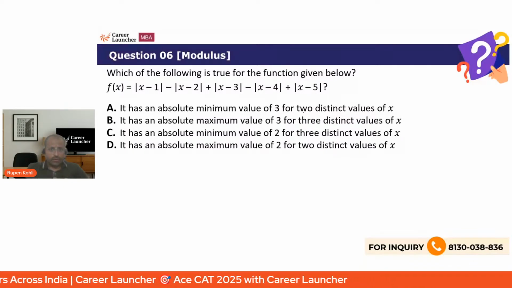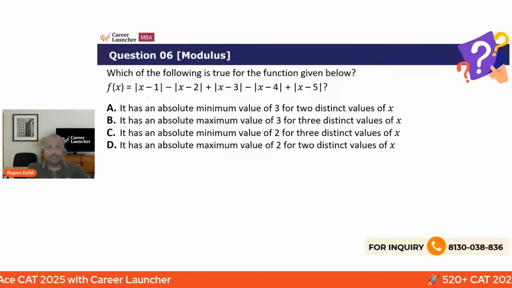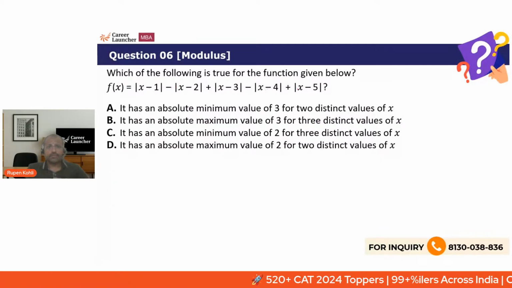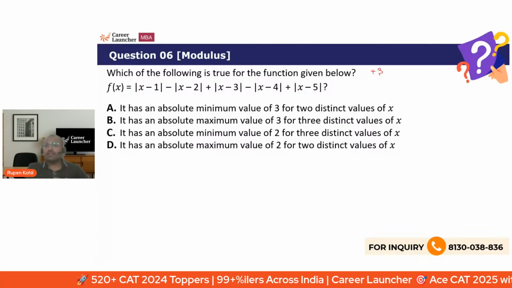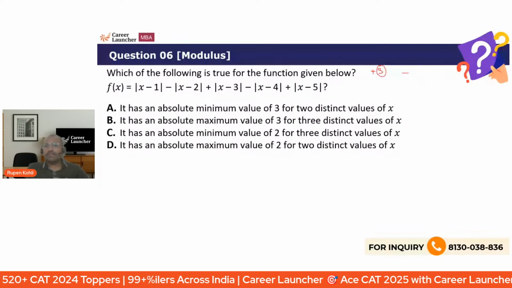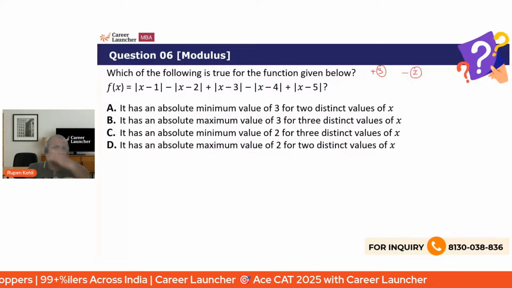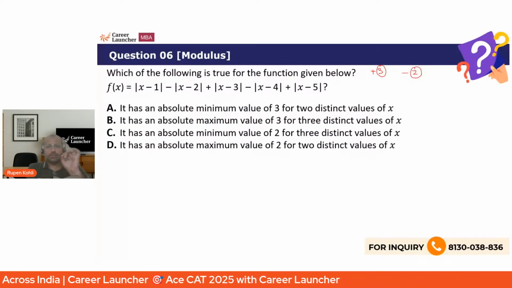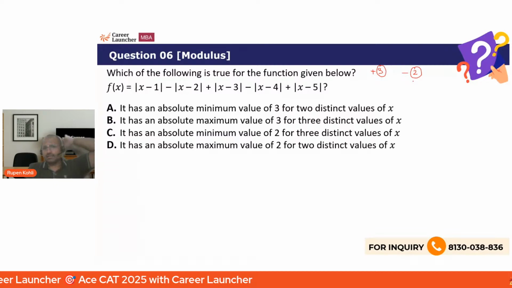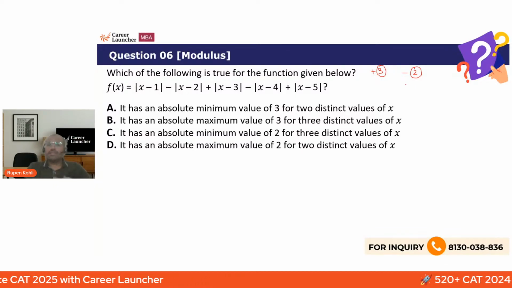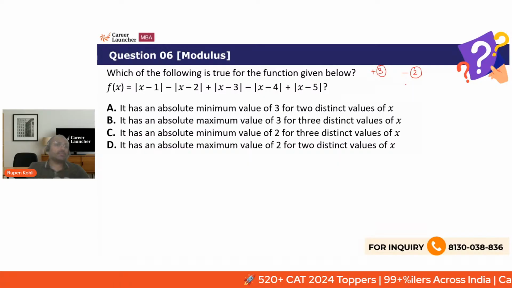Now look at this overall function. It has how many terms? 5. The first term is with the positive coefficient, then the negative, then the positive, then the negative, then the positive. How many positive terms are there? There are 3 positive terms. How many negative terms are there? 2 negative terms. So when x is very large in magnitude, let's say x is 10 billion, something very, very large, will this value overall of f(x) be going towards plus infinity or minus infinity?